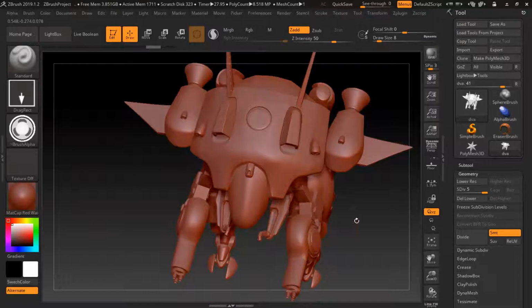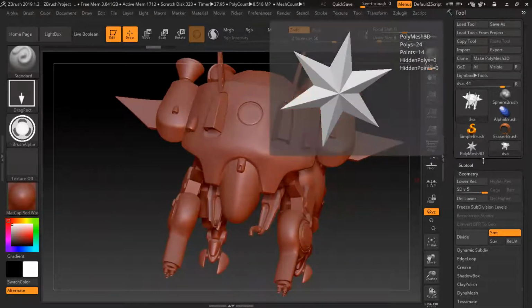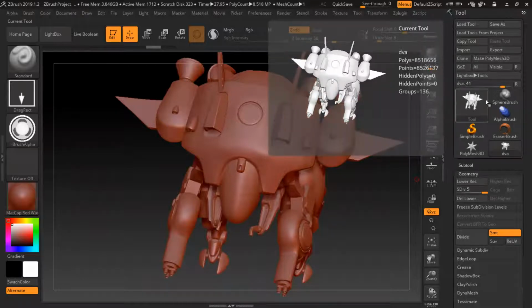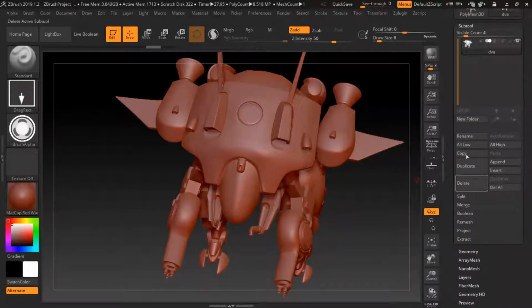Go to Subtool, right side, subtools, first option. No, this one. Scroll down. Now you can see there is a merge option. Click this, there is an option called merge visible. Then all the visible things will be merged together. So you can split the entire thing, and you don't have to merge everything manually one by one. Just click on that.